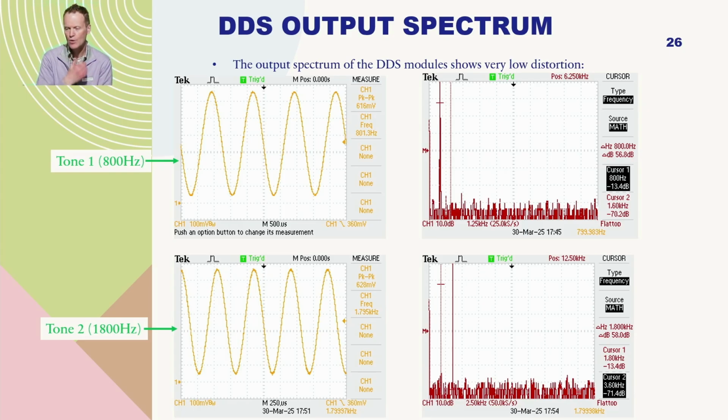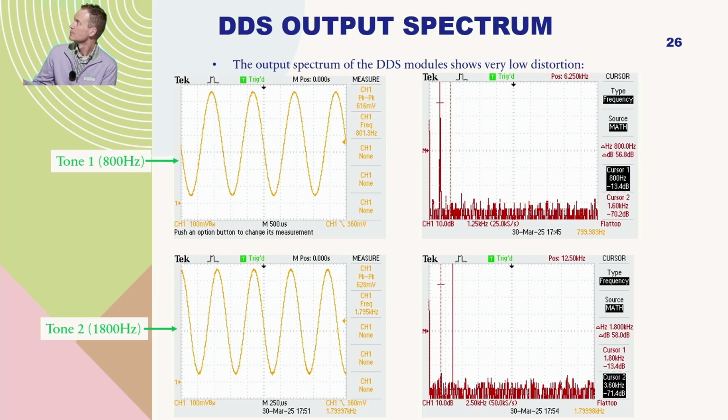So I ordered a couple of these modules from eBay, and I thought I'd like to program them up and see what they can do. I guess there's a couple of reasons for that. One is to make sure it's really going to work how I'd like it to work. But secondly, obviously buying it off eBay, you hope the devices are genuine, but you don't really know. So I think it's good to do a bit of due diligence and check, make sure it works as you expected. So what I did is I programmed one firstly for 800 hertz,